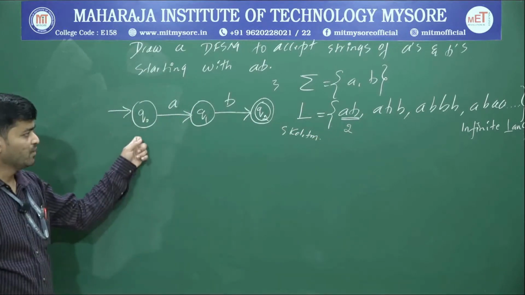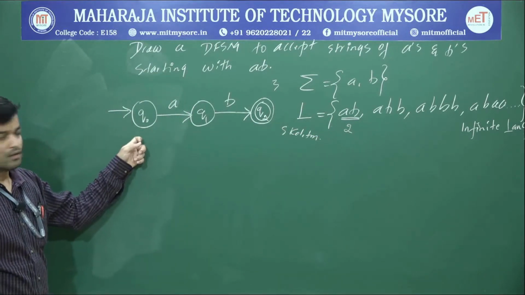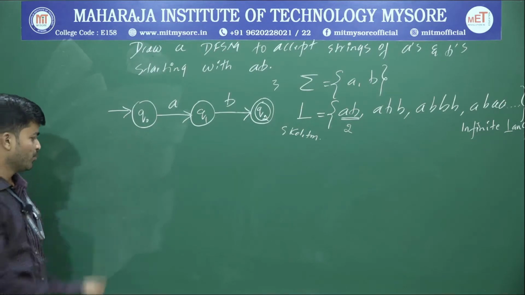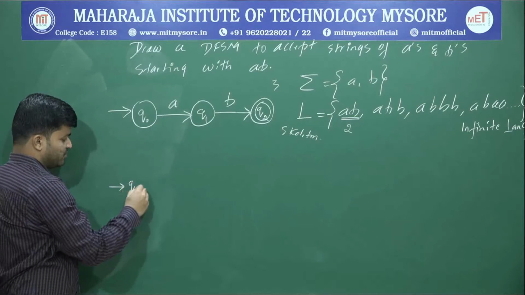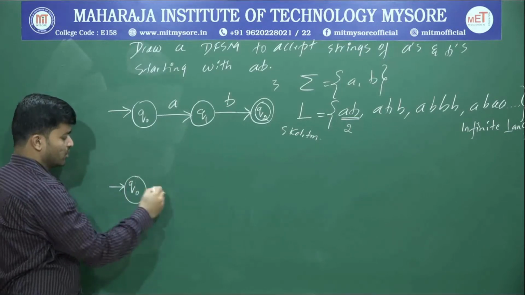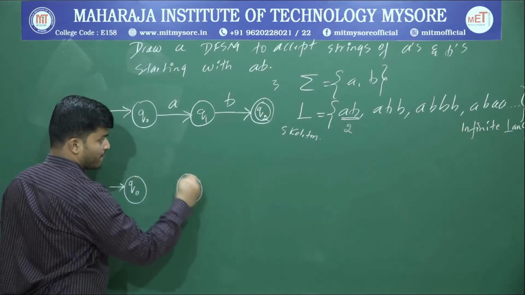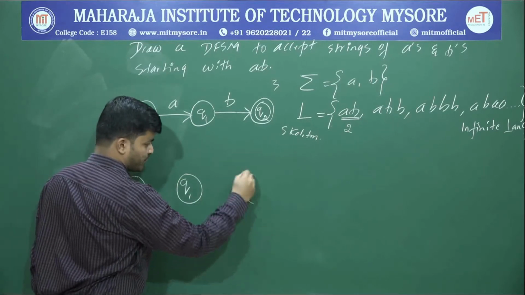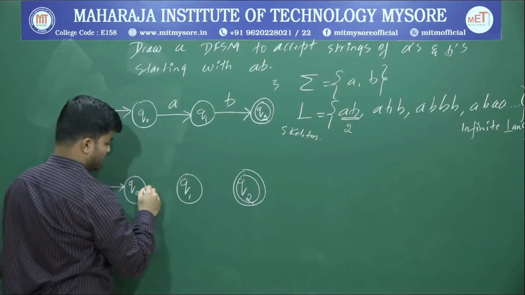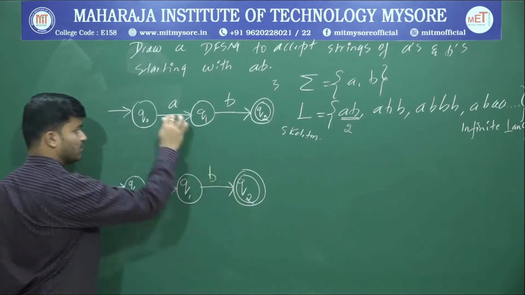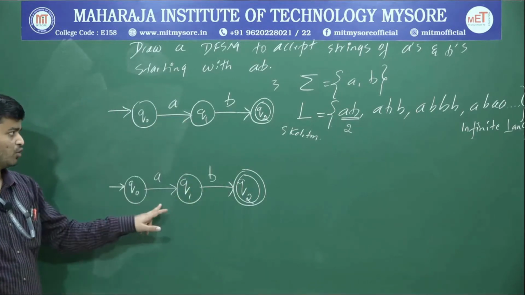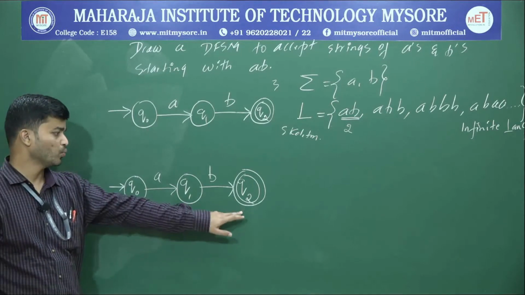Okay. Now I have to build the muscle. How to build the muscle? So you rewrite this one more time. If you want, you can write here itself, just for practice purposes. Rewrite it one more time: Q0, Q1, Q2, and connect them with arrows. You rewrite the diagram as it is. So I have written this diagram one more time: Q0, Q1, and Q2.